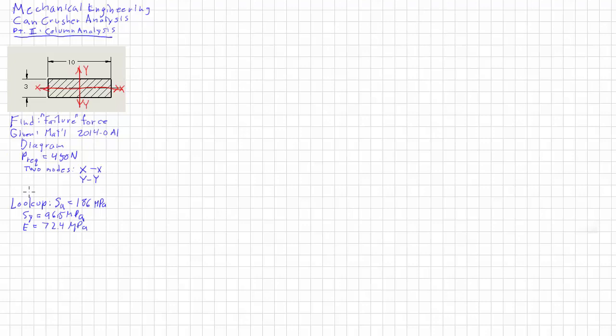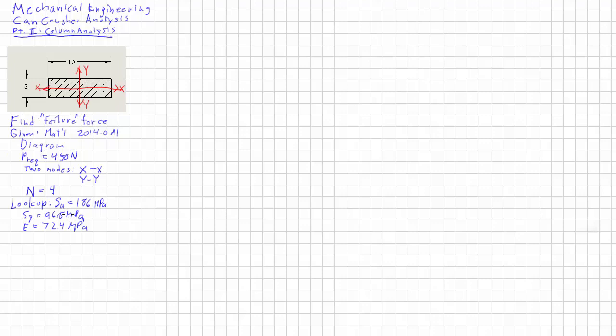came up is the requirement that we have a design factor, and in the textbook I usually call it N, and we're going to have an N of 4, which means that our design force of 450 newtons, we should have a design that will withstand 4 times this amount before it actually collapses. So now that we've got that, and we've looked up some of the properties of our material, I want to make sure that,